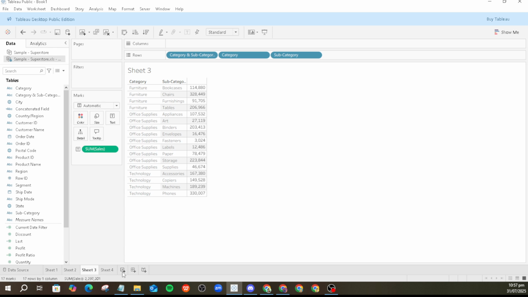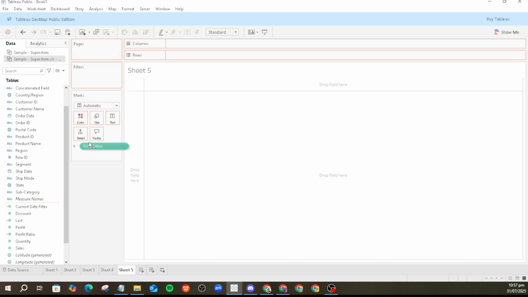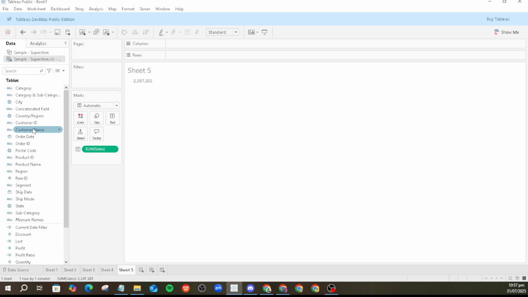Begin by dragging the sales field into the label shelf. This step designates the data metric you'd like to analyze and display. Next, to organize your data by the desired categories, drag the category field to the rows shelf, followed by the subcategory field. Doing this allows you to create a hierarchical structure for your data rows, providing a clear insight into